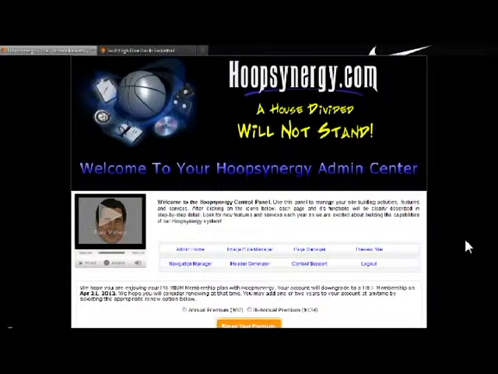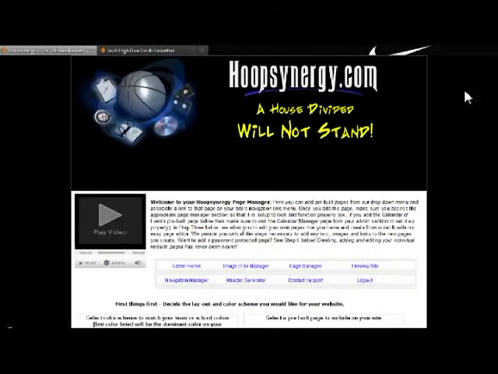There's also another way to add pages in your Hoop Synergy system. We just got done showing you how you can add pre-built pages that we've already done for you, and all that needs to be done is set up in your individual page manager sections. There is another way to add pages, and that's also in your page manager section,